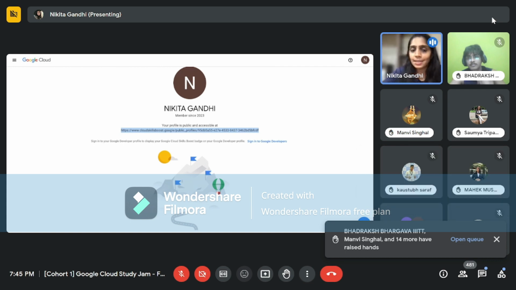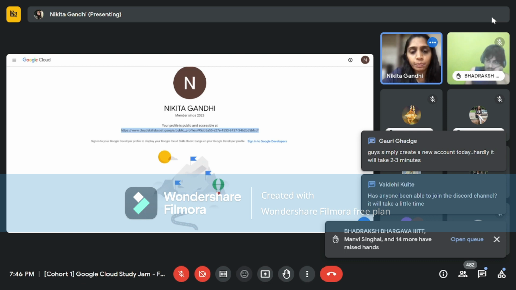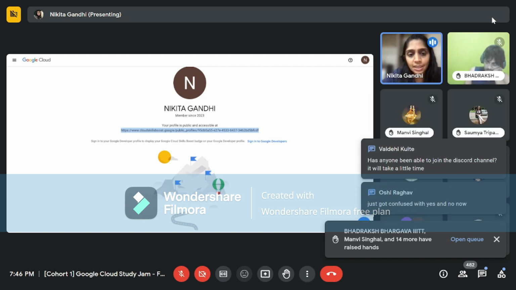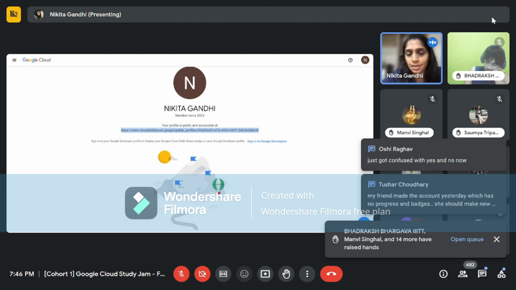But can someone take notes of this particular point? One, you have to create a new Google Cloud Skill Boost account. Two, you have to make sure that the Google Cloud Skill Boost profile is public. Three, you have to make sure that there are no courses or badges completed on this profile in the past.